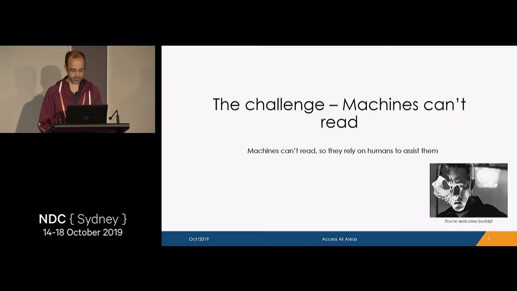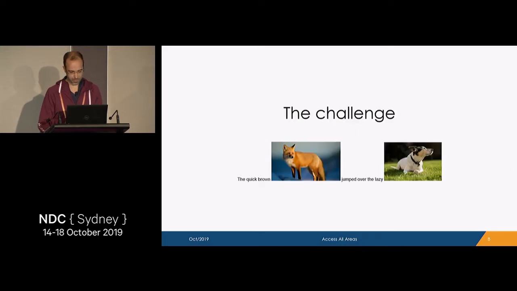So I've brought an example. Does anyone want to venture how a screen reader would read this image? Anyone? Should be easy, come on. Come on, you guys. I know you want to say it. Say it. Right, the quick brown image 1 jumped over the lazy image 2. Well, possibly. So I came prepared. Oof. So let's see how Acrobat would read it.